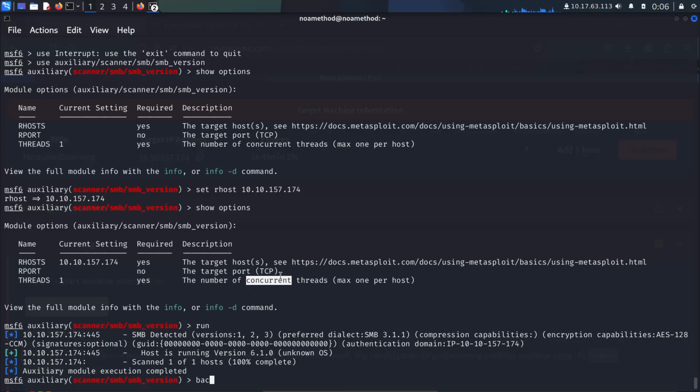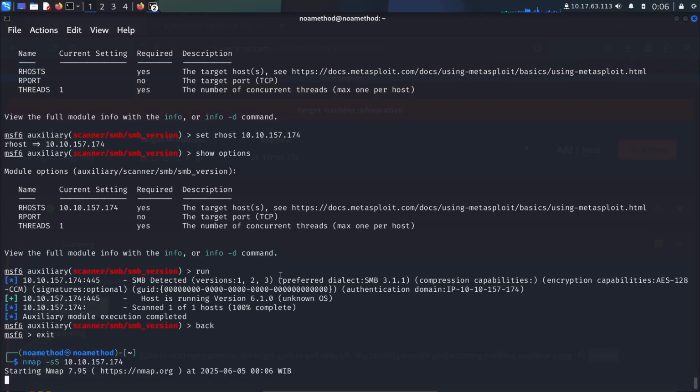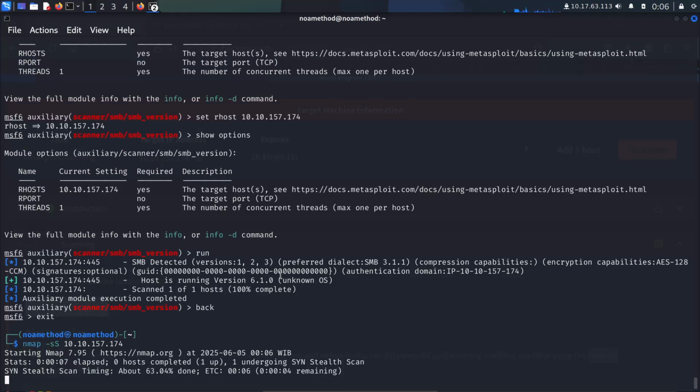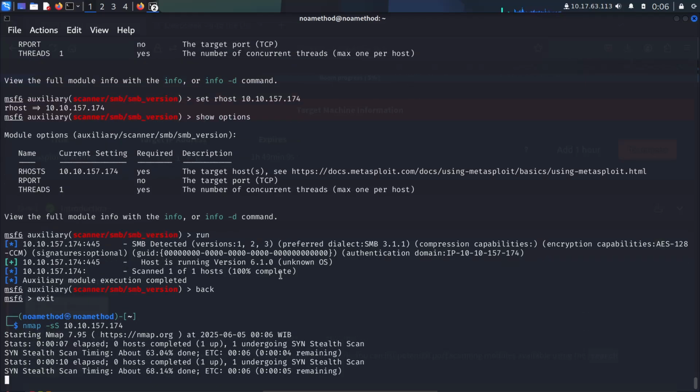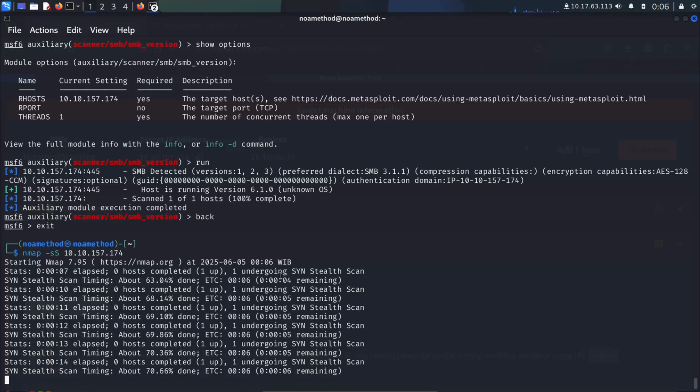You can exit, back, and exit, and then we can use Nmap. Oh wait, fast, because if not fast, I think it will take a long time.